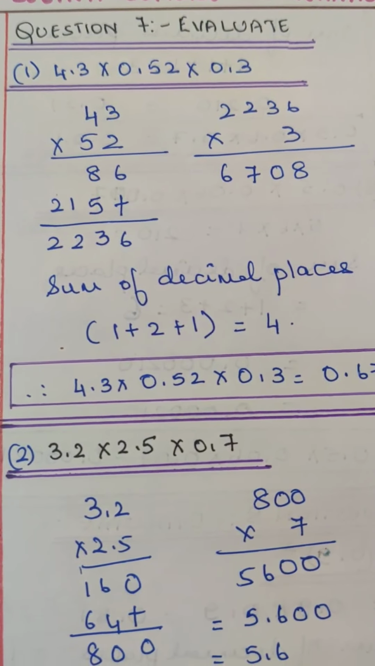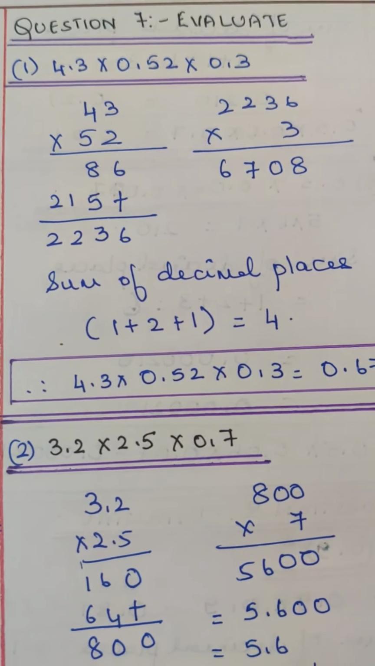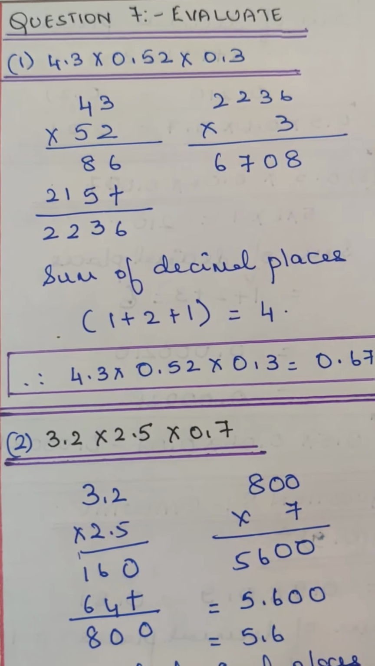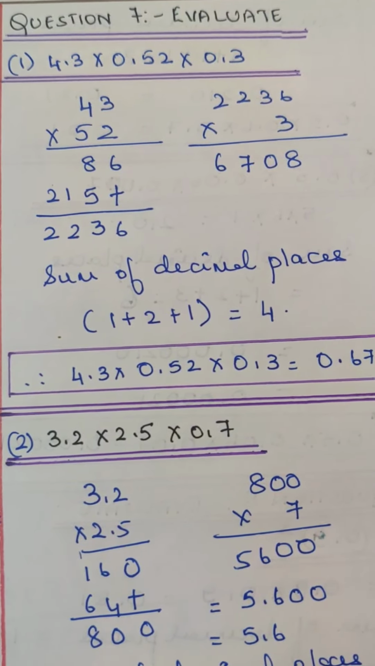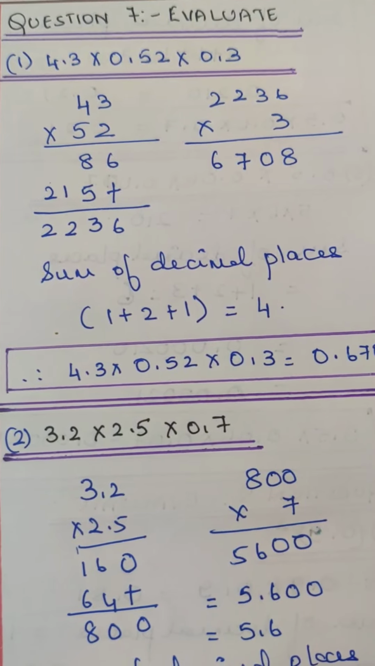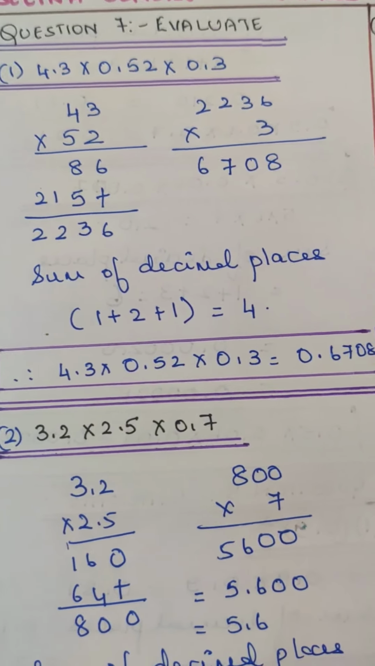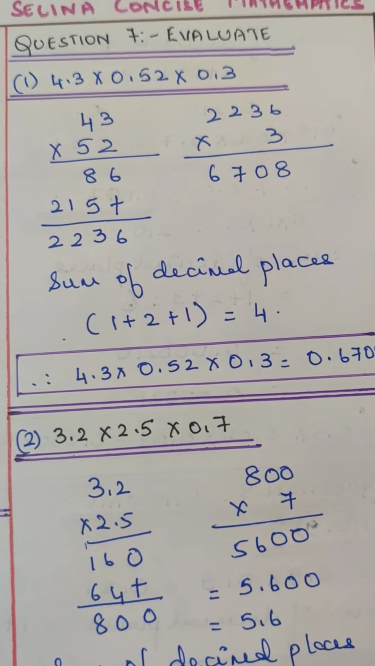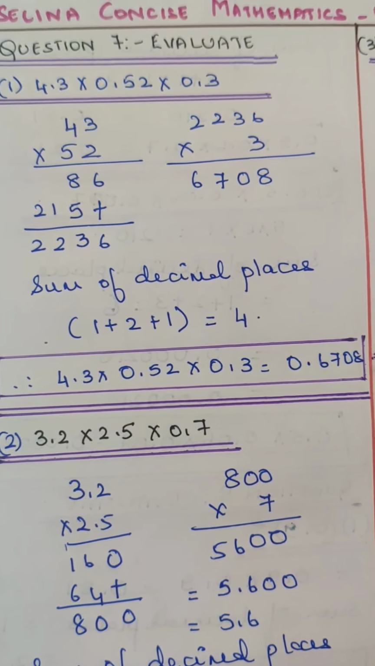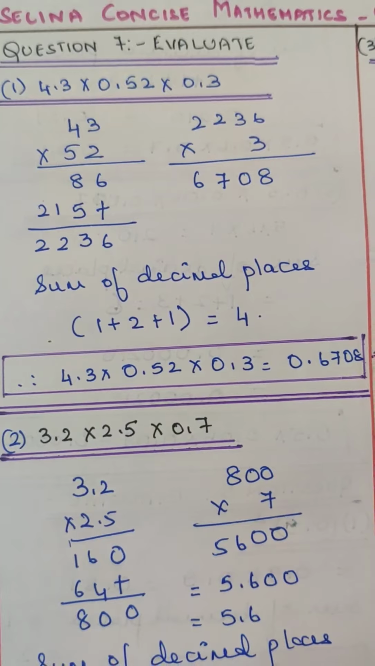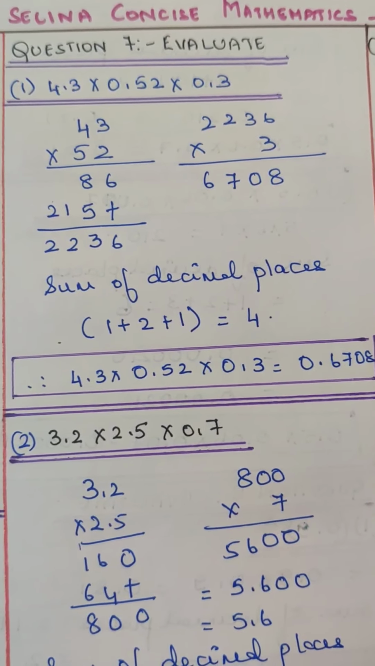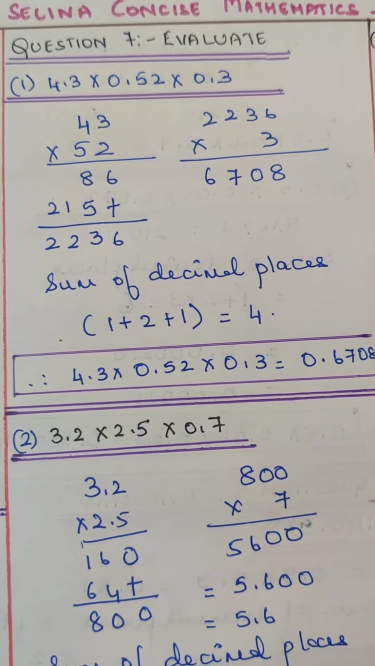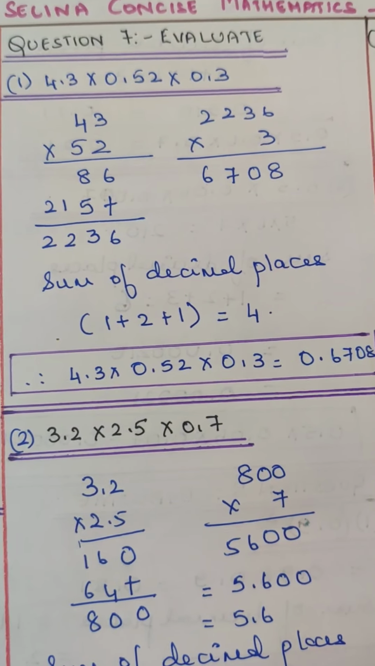Now very easy, sum of the decimal point. So how many points in the first digit? It is 1. How many points in the second digit? It is 2. How many points in the third digit? It's 1. Therefore there are 4 decimal points. So now you count from the right hand side towards the left hand side and mark a point after 4 digits. Therefore it becomes 0.6708. Hope this is clear. So 4.3 into 0.52 into 0.3 is equal to